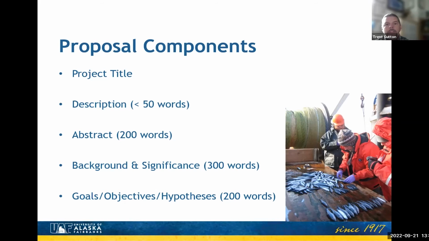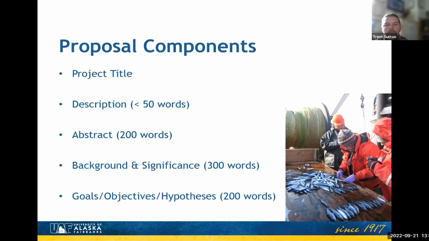But it's an area that I see sometimes get scrimped on by students, and it's worth putting a little bit of time into setting the context for your project. Because keep in mind, and I'll talk about this in a second, your reviewers, the faculty that are reviewing your proposal, may not know anything about the topic you're working on. And so having that context and background helps them understand why this project is important. What is the significance of it?